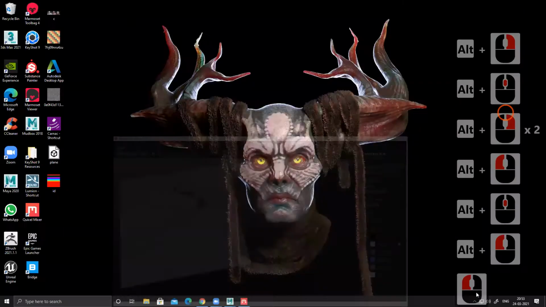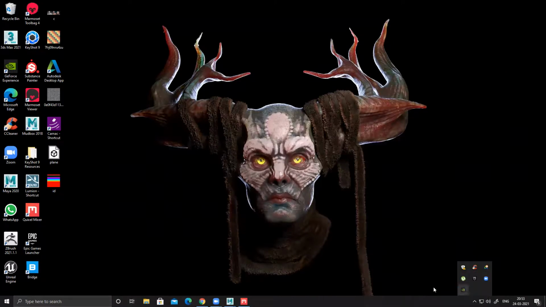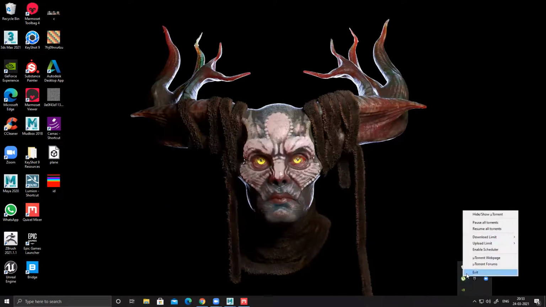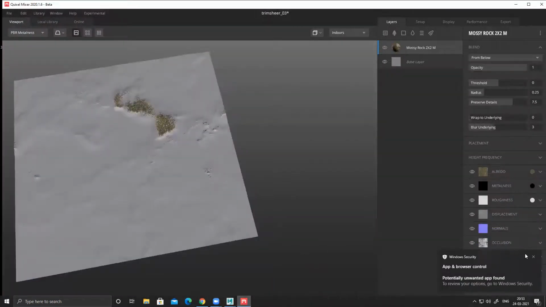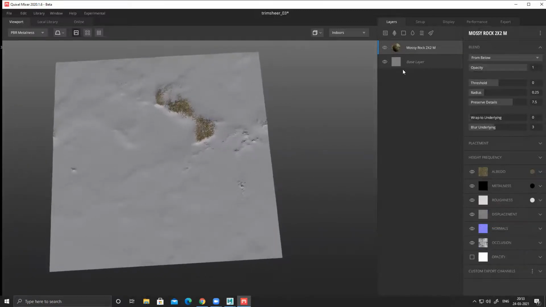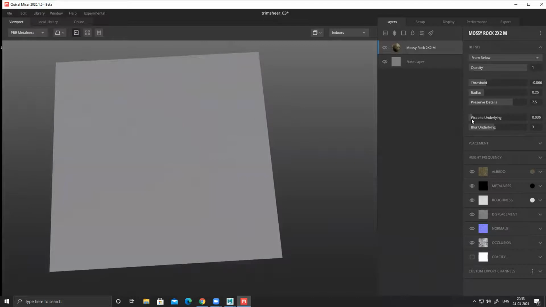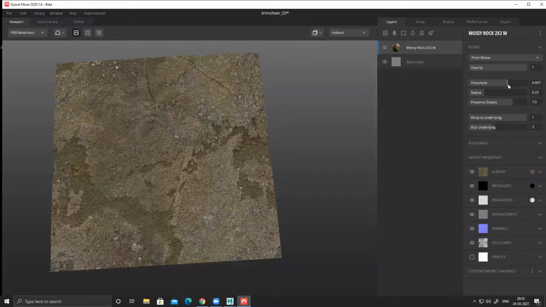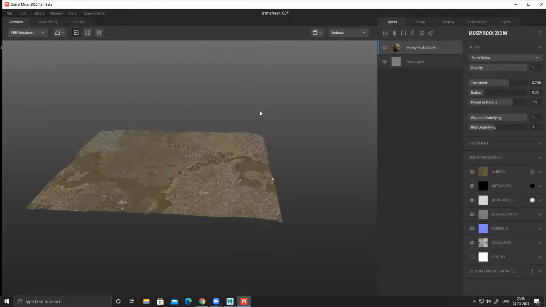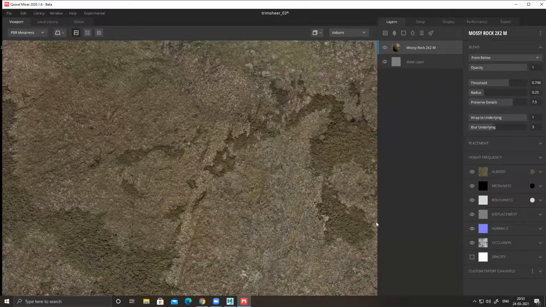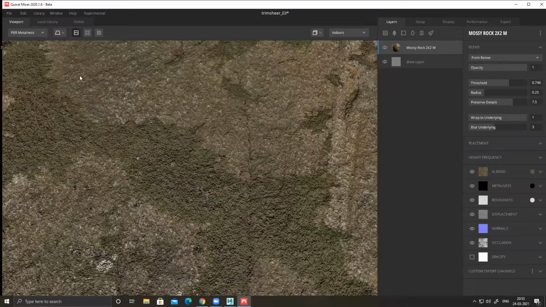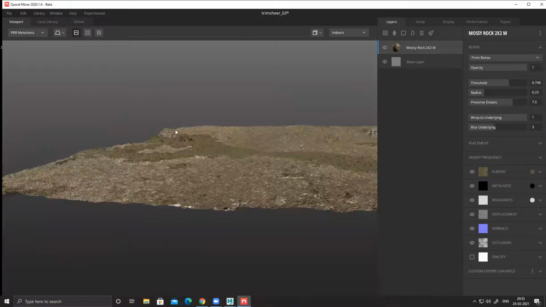Okay, I'll switch off this shortcut because it's covering my entire screen, so you can understand what is happening here. Now you can see this entire stack, my layers. What I want to do is make this layer disappear. The threshold, I'll make it full 100%, or maybe underlayer, I wrap it around so it won't move anything. So now you can see it's just a plane with the entire texture, and if we zoom in, you can see it's super high detail, and plus it has displacement as well.